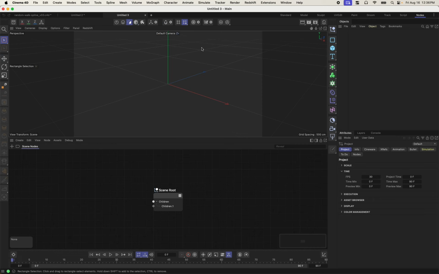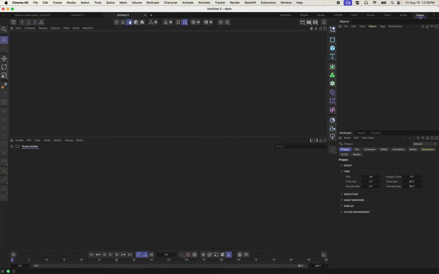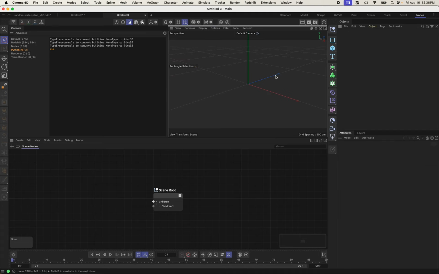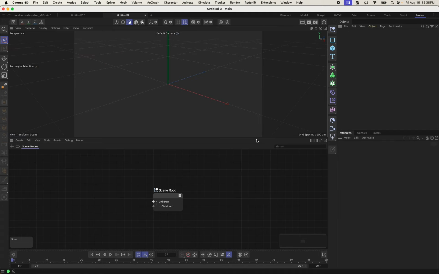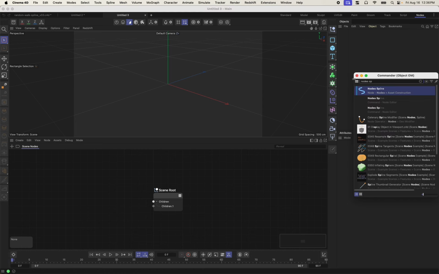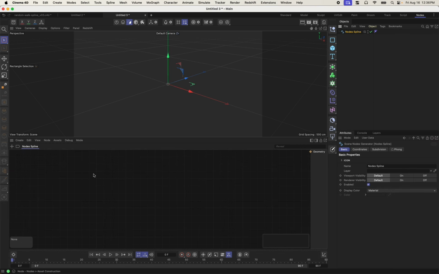So go ahead and create a new project file. If you're not already, get into your nodes layout. You can hide your console here. We're probably not going to be using it. And what we want to do is add a node spline. So I'm going to hit Shift-C, type nodes spline, drag this out, and now I've got the start of my